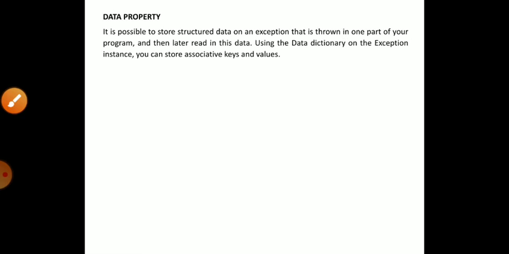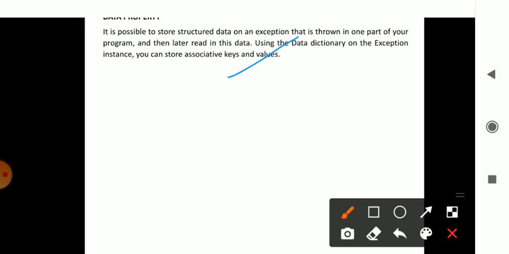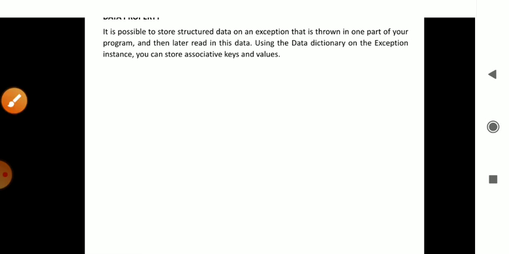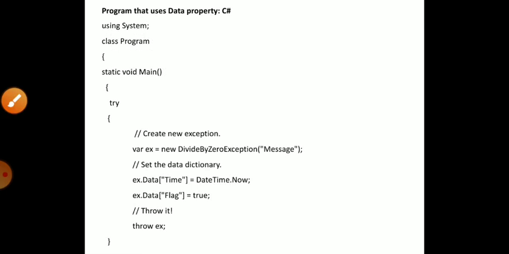Another property is called the Data property, which cannot be used within a single program; it has to be represented separately. What do we mean by the Data property? It belongs to the data dictionary. You already know a dictionary consists of keys and values, which are stored in memory and fetched whenever necessary. So the Data property accepts keys and values. Remember that. Through an example I will explain how it works.